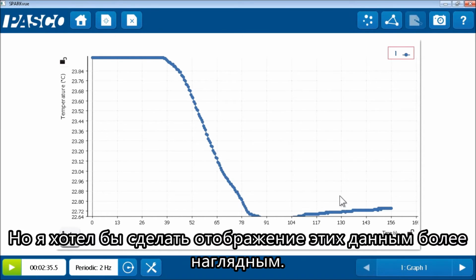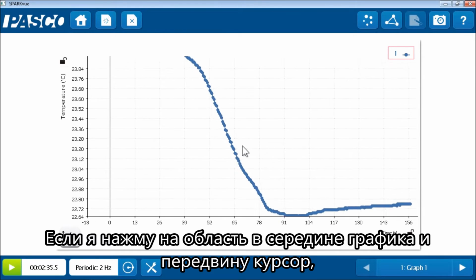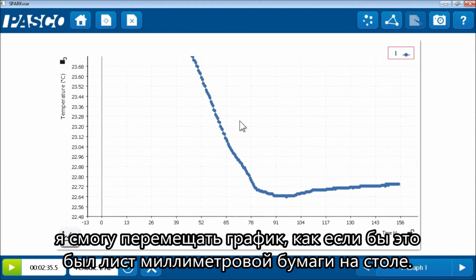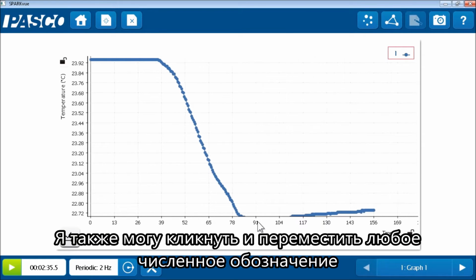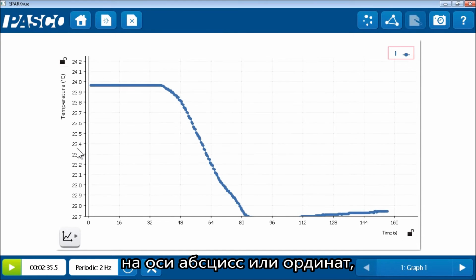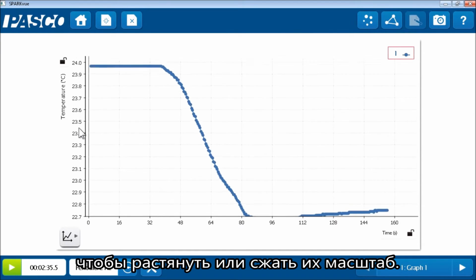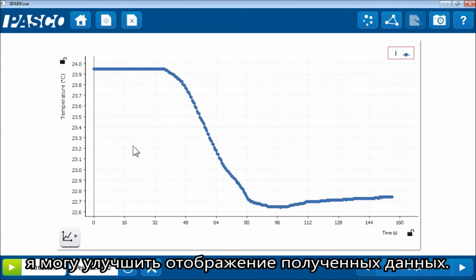But I'd like to improve my view of this data a little bit, and I can do it by directly manipulating the graph. If I touch and drag in the middle of the graph, I can move it around as if it were a sheet of graph paper on the tabletop. I can also touch and drag on any of the numerical labels on either the x-axis or the y-axis to stretch or shrink them. So through a combination of stretching and shrinking and moving, I can get a better view